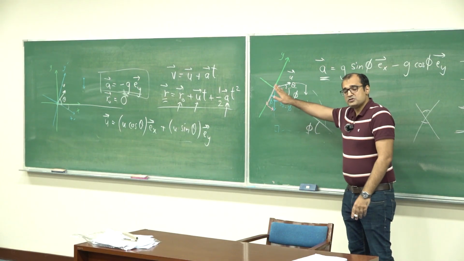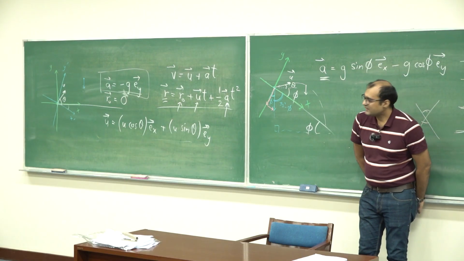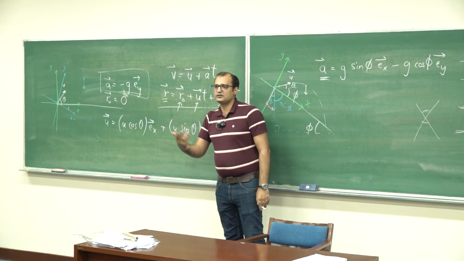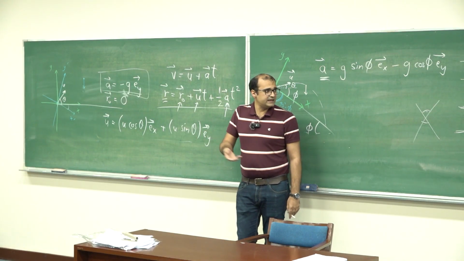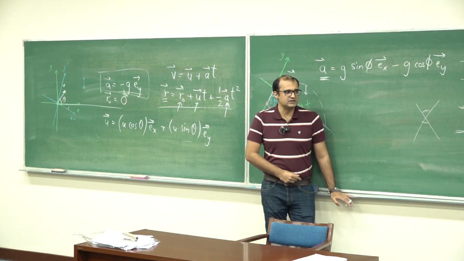When does this projectile hit the surface of the hill? How will you find that out? Whatever position vector you find by plugging these in, set the y component of that equal to 0. Solve for time. Again, it's the basic ideas that you have to pick up, how to solve questions, rather than the actual detailed answers.